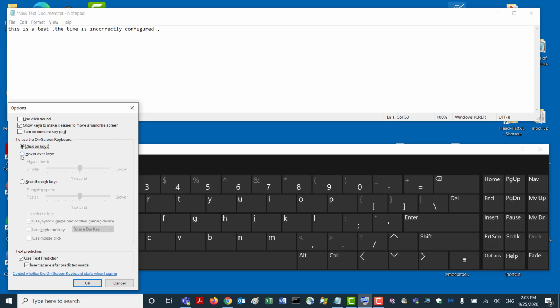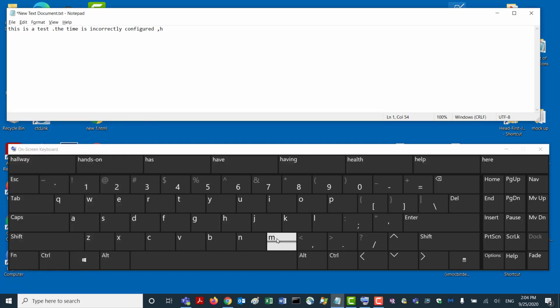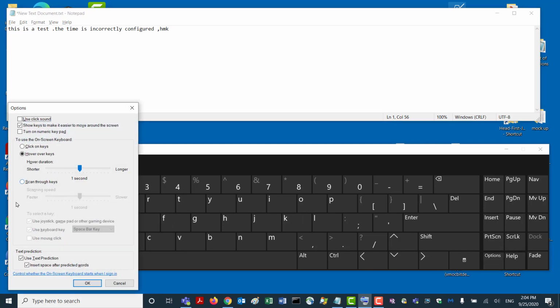And you can have this choice of hover over keys, where if you choose the hover over keys, as long as you're over a key for X amount of time, then it will make the selection in there. And that gives somebody that needs a little more time to make selections the ability to do that. Or it could be used if someone was using a kind of an eye gaze to move a cursor around. All of these are options for people to use.